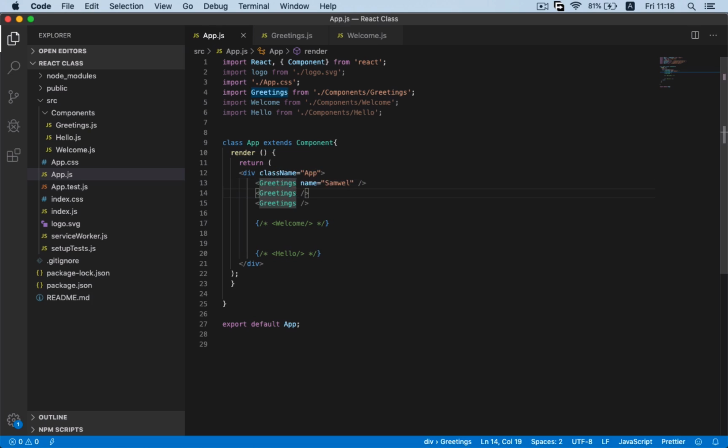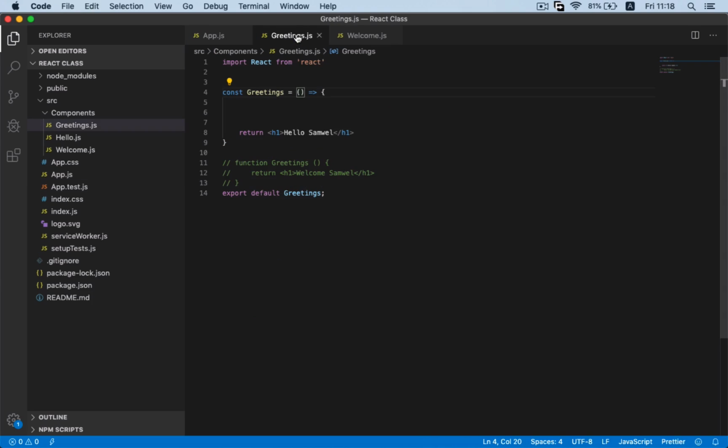The second one I'll say name, Alice, and the third one name, Charo. Now we have not finished yet. We pass this attribute from our parent component to the greetings. So we'll go to the greetings,